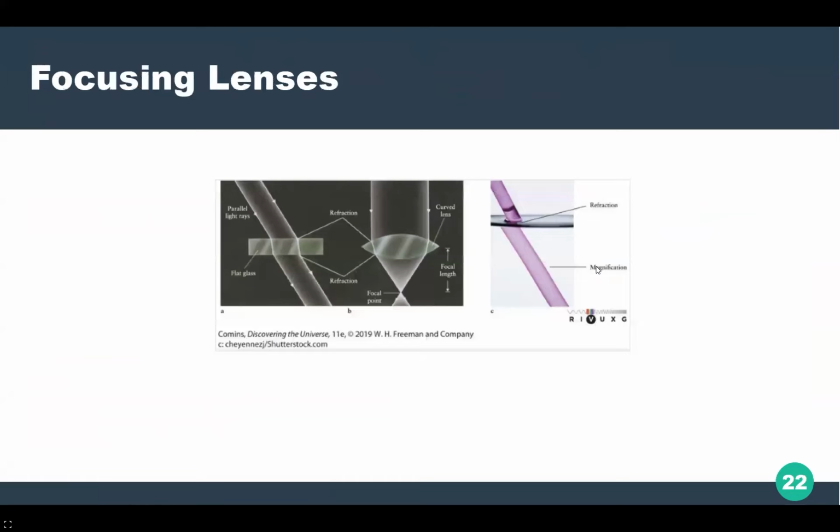So what we decided to do as physicists was to grind these glass pieces into a specific shape which would focus all parallel incoming light into a specific focal point,